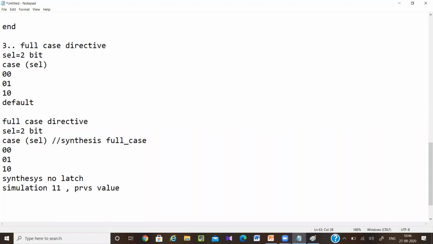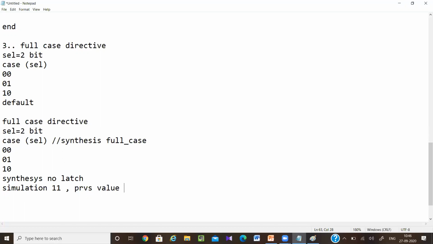So here also there is a synthesis and simulation mismatch. Instead of using these things to avoid latch in a case statement, you can use the default statement. So understood this one?